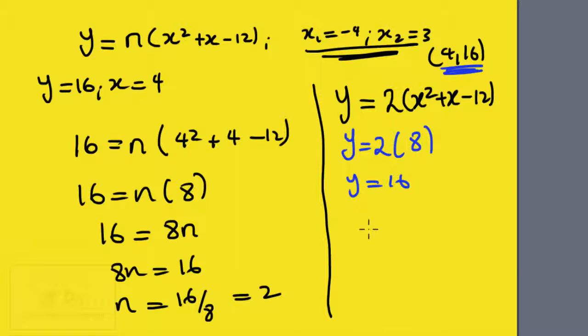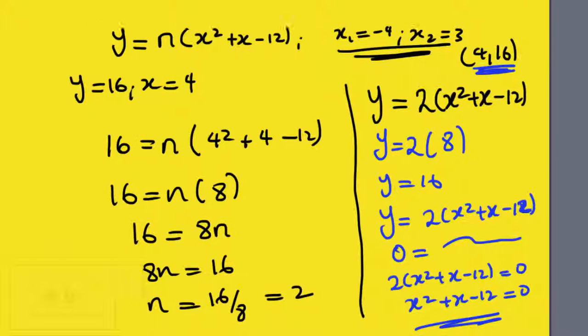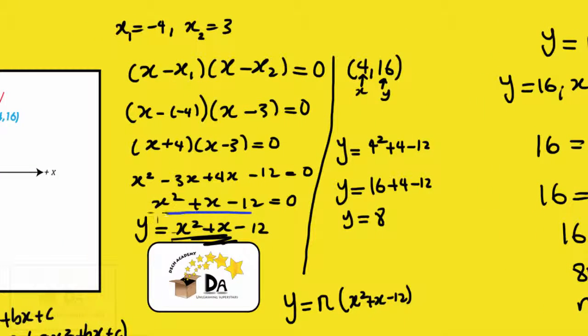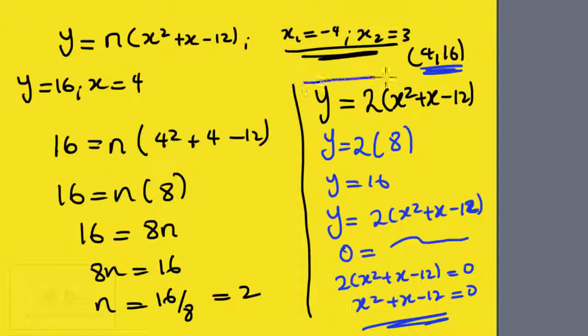What are the roots of this equation? Well, let's see. y is equal to 2 times (x squared plus x minus 12). The roots are determined by replacing y with 0, which gives 2 times (x squared plus x minus 12) equals 0. Dividing both sides by 2 gives x squared plus x minus 12 equals 0. Now, this equation is the same equation we constructed from the roots. So we know that this equation has these roots, -4 and 3. Therefore, this curve has the equation y equals